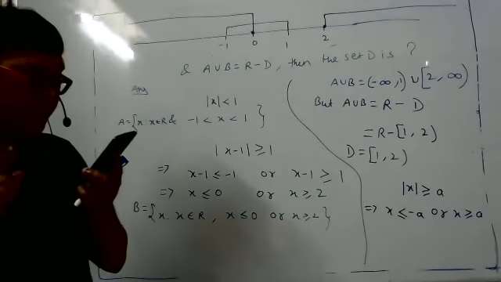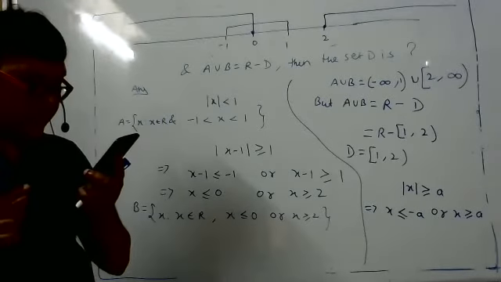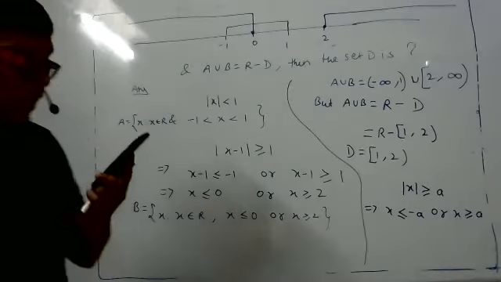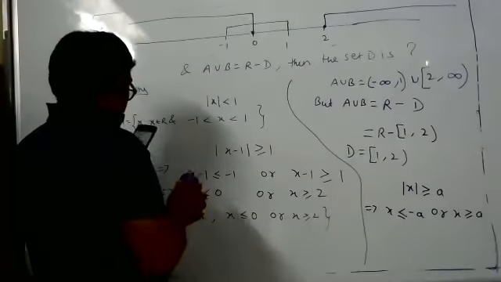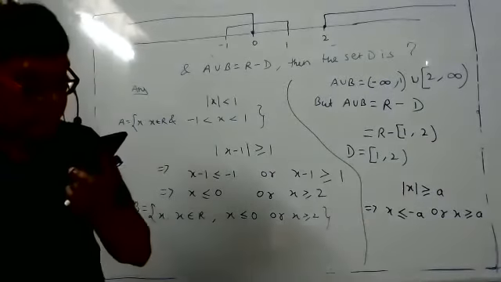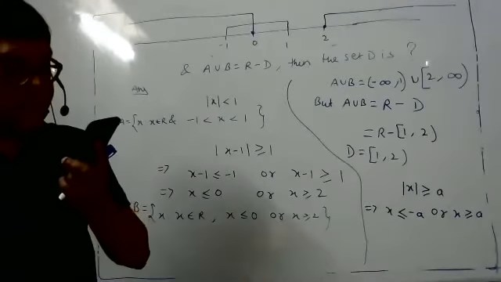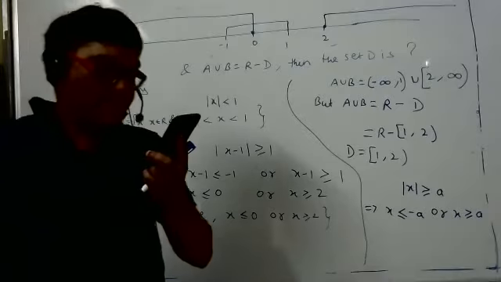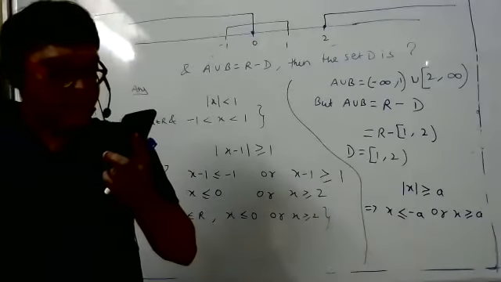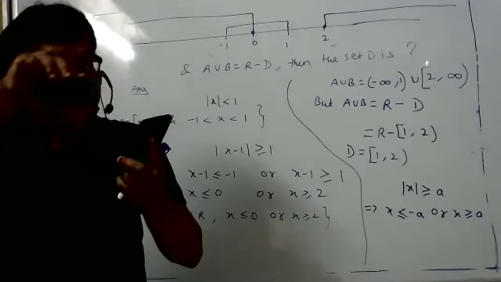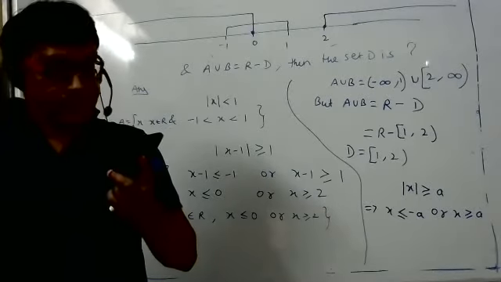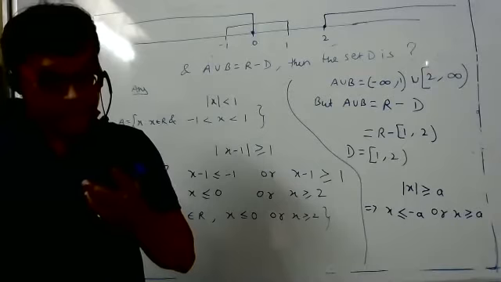Question 22: if sets A and B are defined as... Yes, sir. I got the question. Sir, is it from sets or relations? It looks like it is from relations. It is from relations only because ordered pairs are there. Then also we can do it, but shall we leave it? Ordered pairs you will study in relations only. No, sir, we can carry on. Yes, we might get confused also.